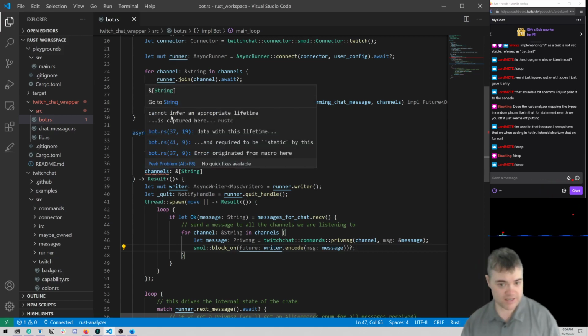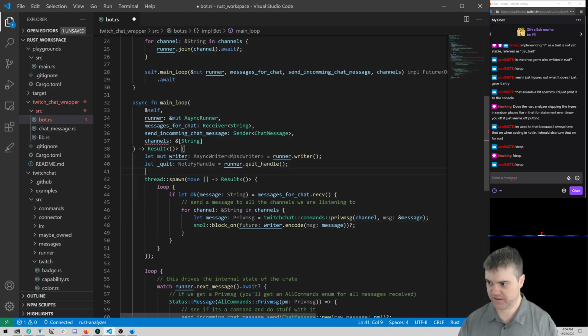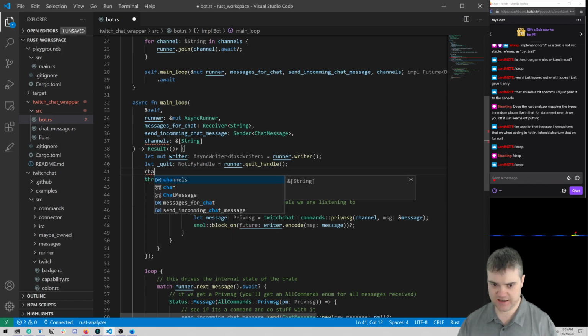Now, cannot infer an appropriate lifetime is captured here. So I wonder if that's because I have this move here and I have a reference for this. Can I shadow this and clone it at the same time? I don't think I can.